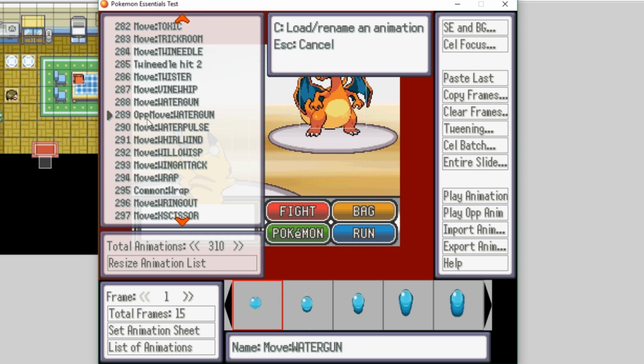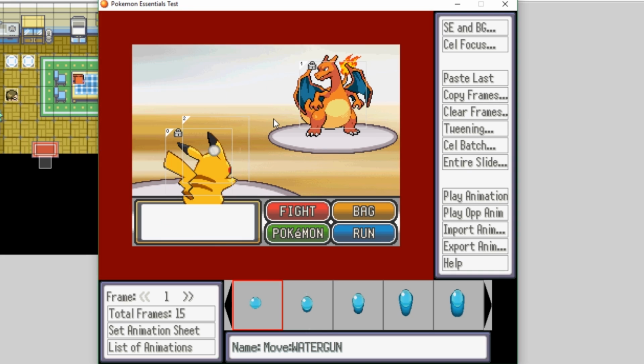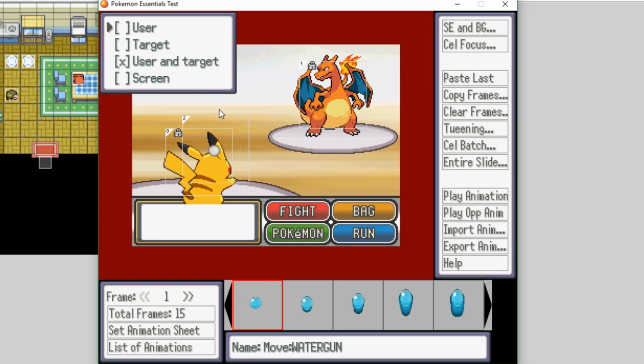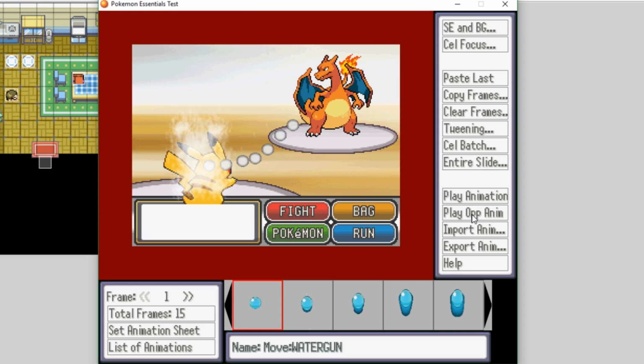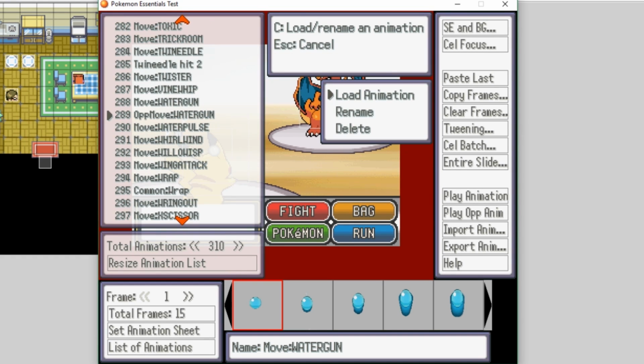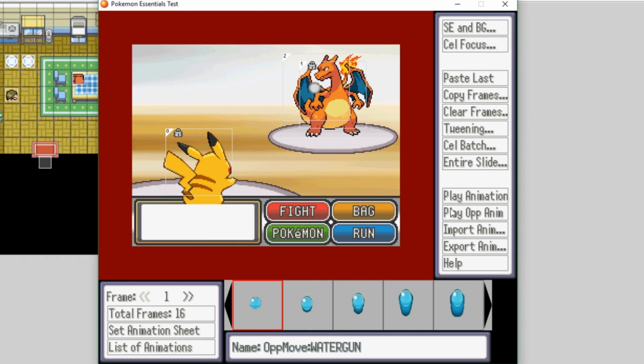I honestly feel like you don't really need to do this, because if you are smart about the way your animations work in the game, you might not need to define a move and opposing move, and could just instead make the focus the enemy, and then have it flip properly. But you'll notice that since the focus of this was user and target, it does flip upside down when the enemy attacks. So instead, if we load the enemy's version of water gun and play it,